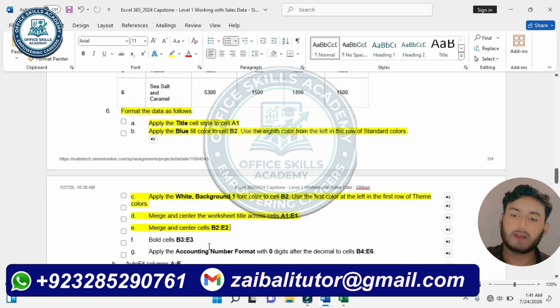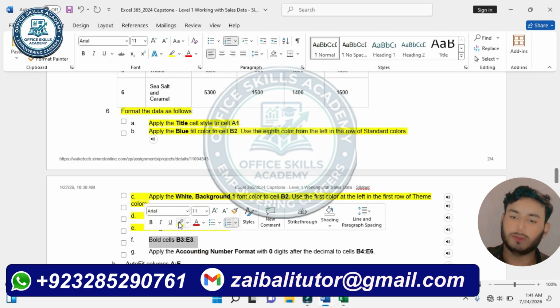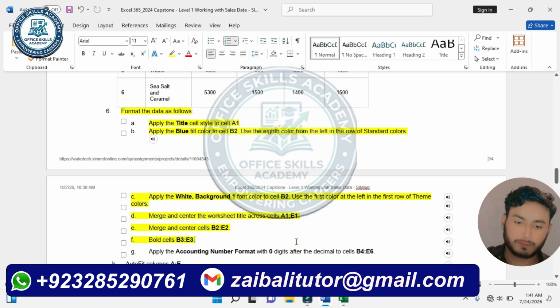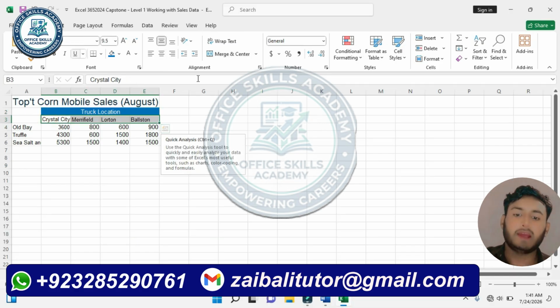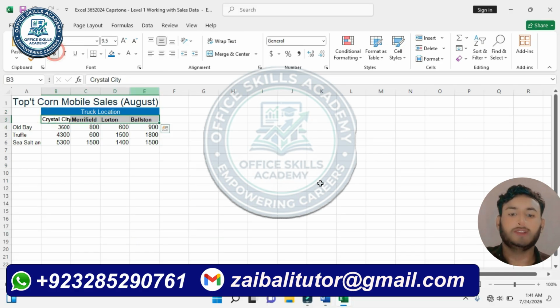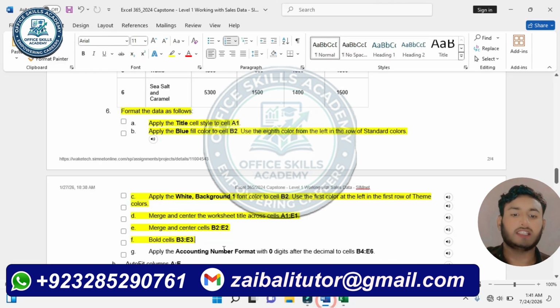Now bold cell B3 to E3. So in this tab we bold the subtitle B3 to E3. So in the Excel worksheet, select B3 to E3 and apply bold. Now